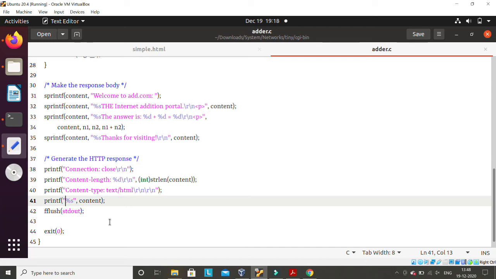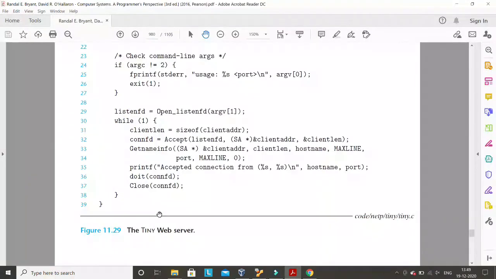Let me go to this file. So this is the main function. If you concentrate on the main function, after the connection is established, we get a connection FD. And if you remember what I said, the communication between client and server will only go through this connection FD from the server side. So if the server wants to write something, the server has to write it to the connection FD. If we write it anywhere else, it will not go to the client.